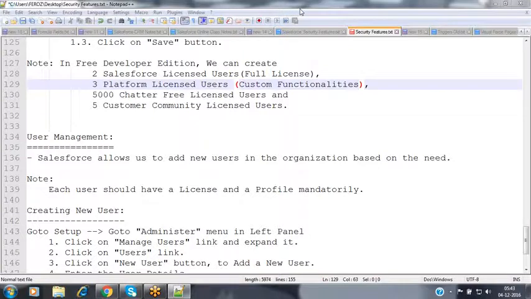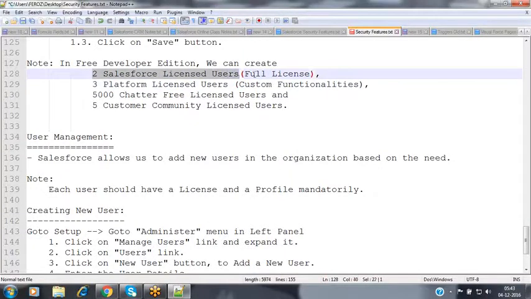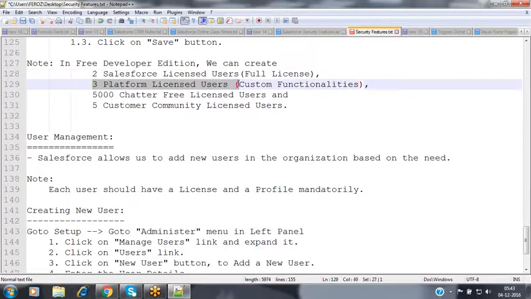So as part of the free developer edition, Salesforce is providing 2 Salesforce licenses, nothing but the 2 full licenses, and 3 platform licenses where we can take that Force.com platform on a rental basis, and then build our own custom application, whatever we want, and grant access of this application to all our customers, partners, end users and everybody.